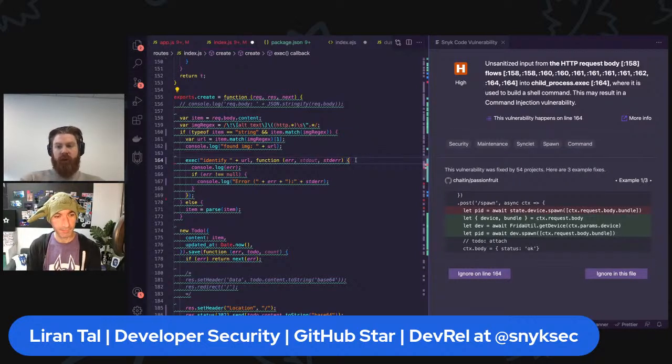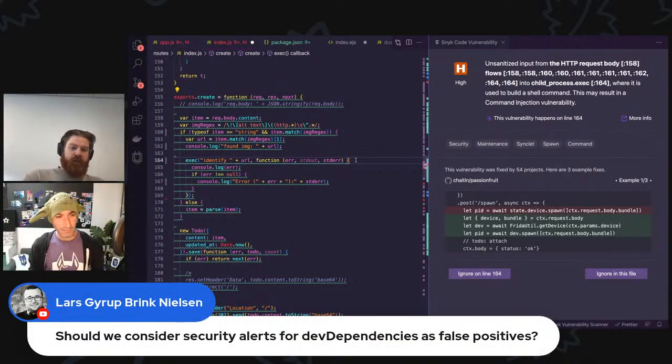Cool. Good to know. Okay, moving on a little bit. Should we consider security alerts for dev dependencies as false positives? This is from Lars. Hey, Lars. Should we consider security alerts? So, okay,